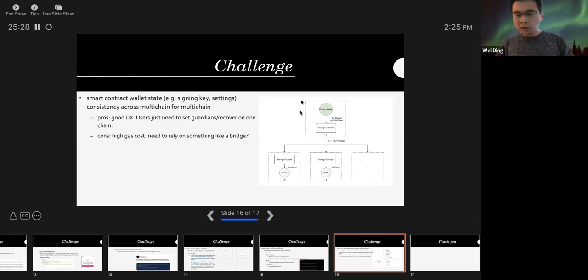And it could be solved by introducing a unified cross-chain message across different layer 2s.